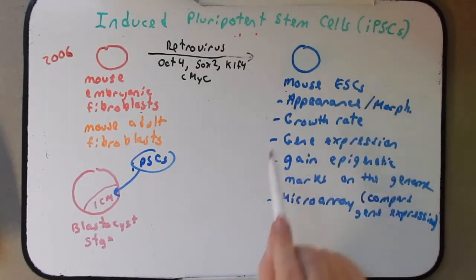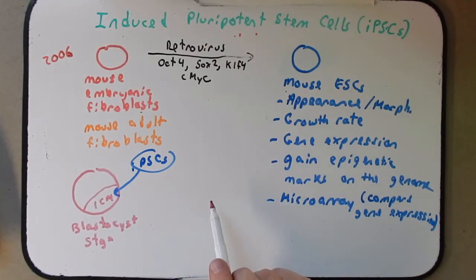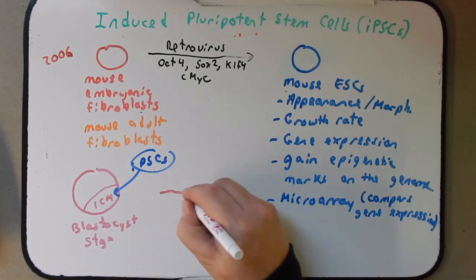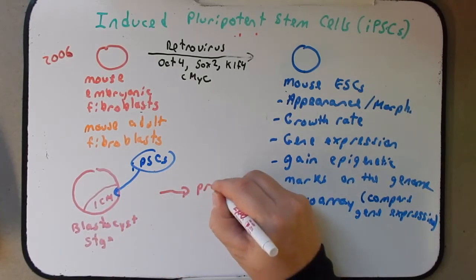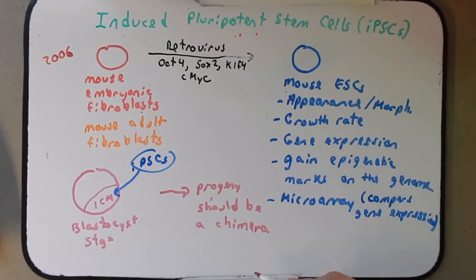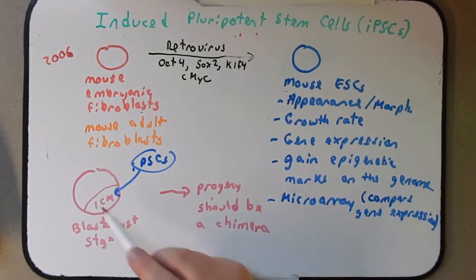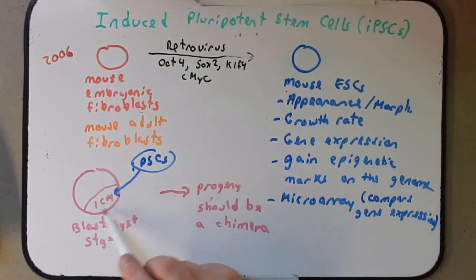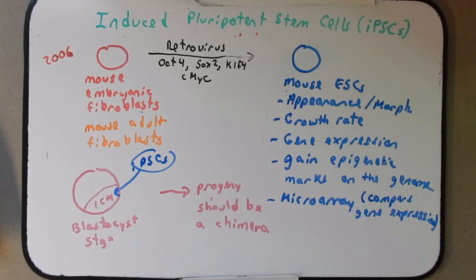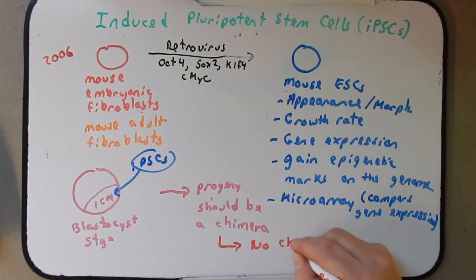If these iPSC cells can behave as a pluripotent stem cell, then they should incorporate into the ICM. And then when you produce the progeny, it should be a chimera. It should contain genes from both the blastocyst stage of this donor cell plus genes from the iPS cells. And when they did this, it would have been great if I could have told you a different result, but you've got to go with the data you get. And their data was that no chimeras form,